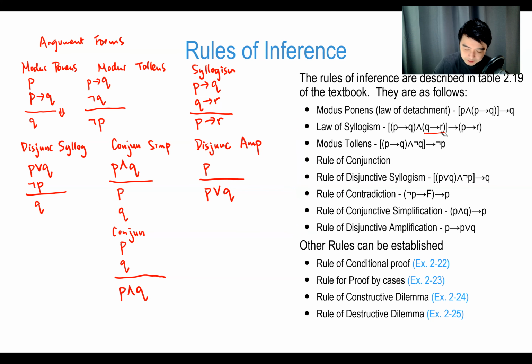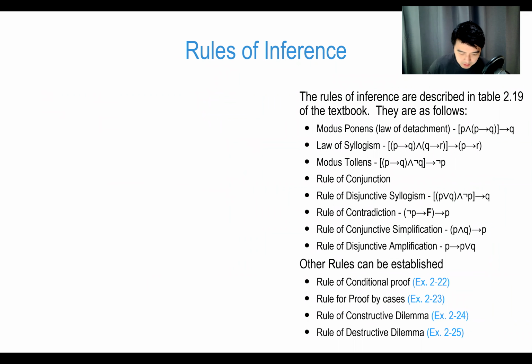By the way, one last thing about argument forms. All of these argument forms, all of these arguments that we just wrote up here, these are what we call valid arguments. Okay, so what valid arguments means is if everything above the line is true, that will guarantee everything below the line. Okay, so there are ways that we can prove validity for a particular argument. Okay, so let's look at some of those arguments, some of the arguments that we can show to be valid